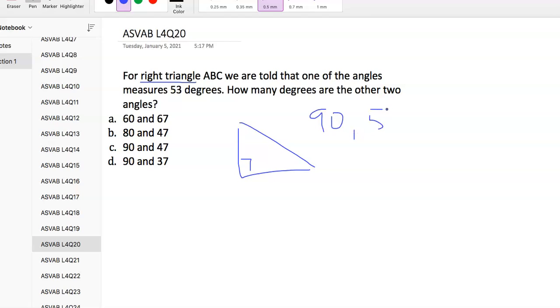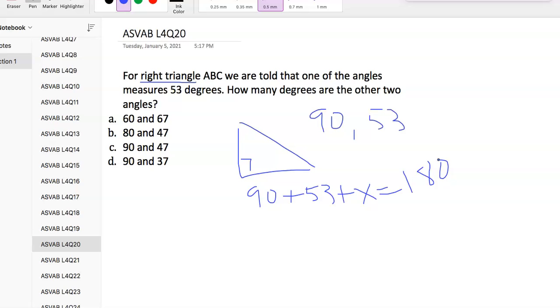What's the third one? We need to know that a triangle adds up to 180 degrees when we add up the three angles. So we just have 90 plus 53 plus who knows, x